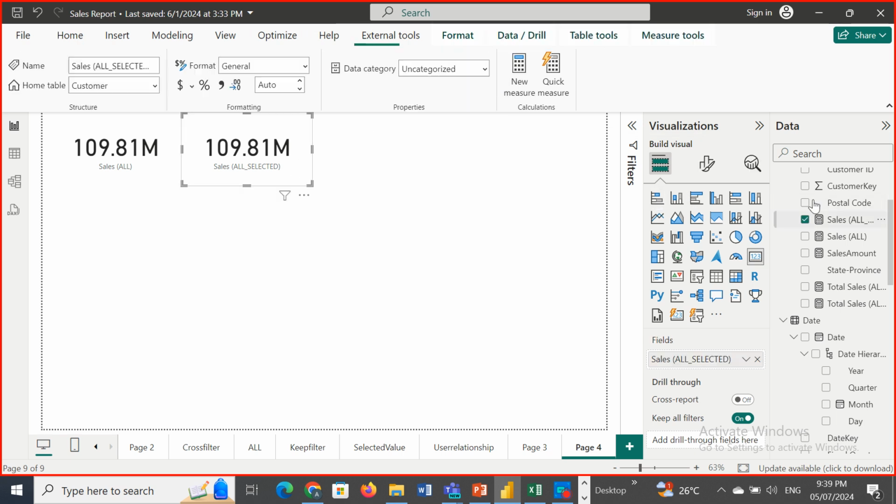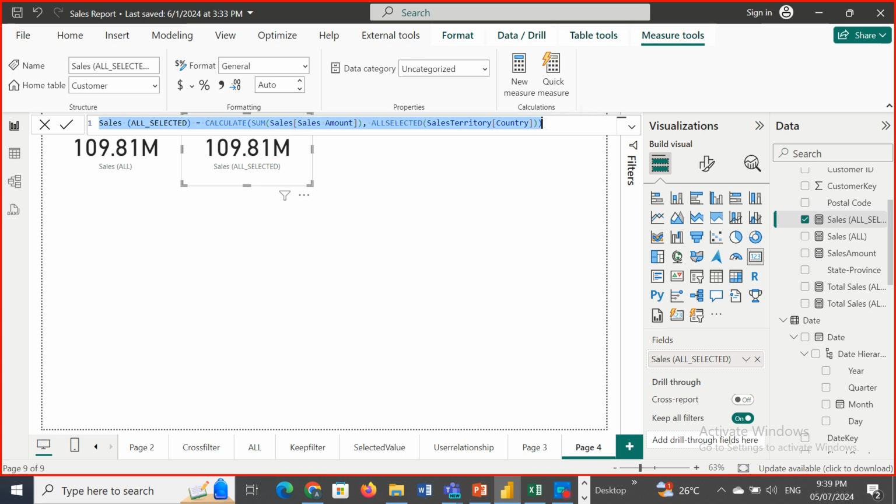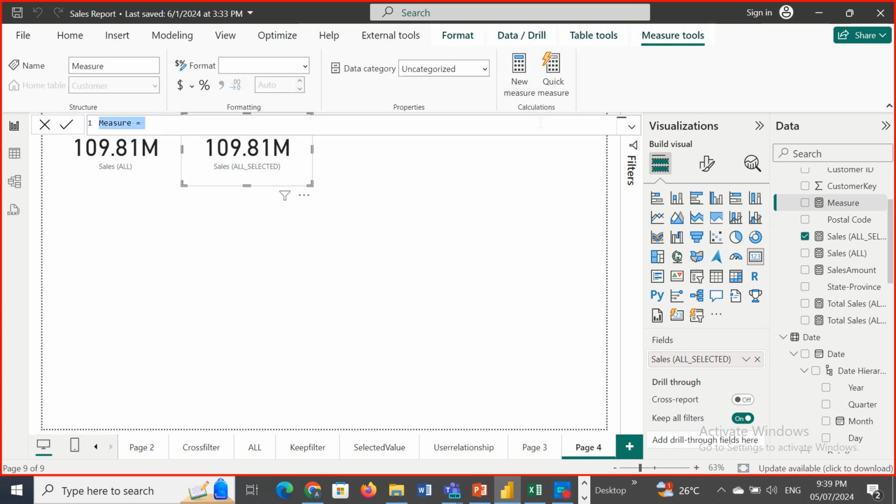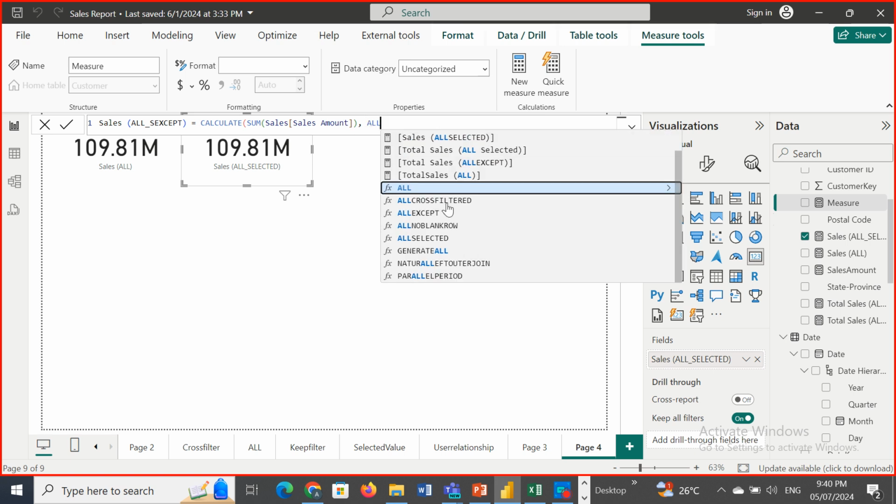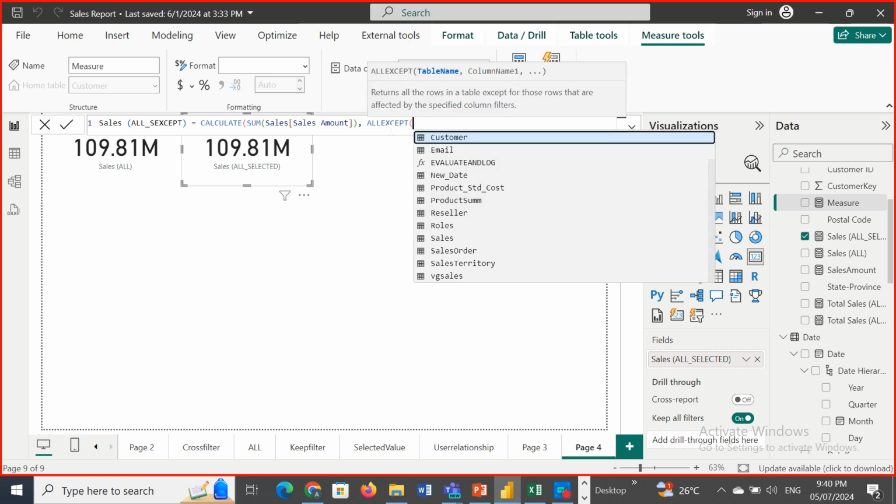So I'm going to copy that also again. I'm going this time around to use ALL EXCEPT. Let's try ALL EXCEPT this time around. Now we'll delete all this because we already understand the other one. Now ALL EXCEPT. Now calculate. Give me the sum of sales. That's calculate the sum of sales